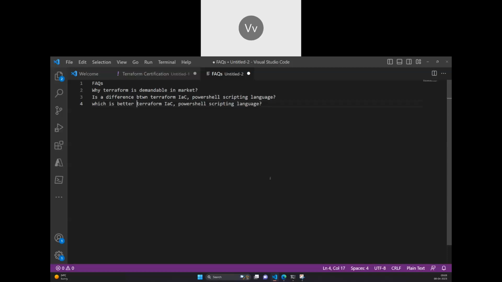Which will you get paid more? As of now, I could say Terraform. Why? Because we are shifting to IAC code and they want immediate engineers who can maintain it. PowerShell has been there. Right now they are not asking you to automate it. Using PowerShell, if you automate it, it makes the job easier.